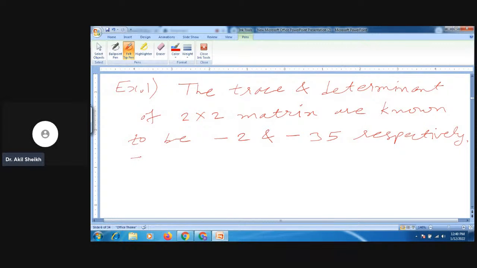Then its eigenvalues are... Options are here: